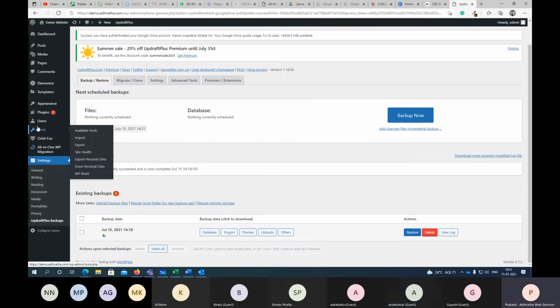Having more plugins will also cause a problem to your website. You should not have n number of plugins installed. Right, I'm just showing you so that you guys will get an idea how this backup works. Now, how will you restore it? Can you show? So let us do reset first.